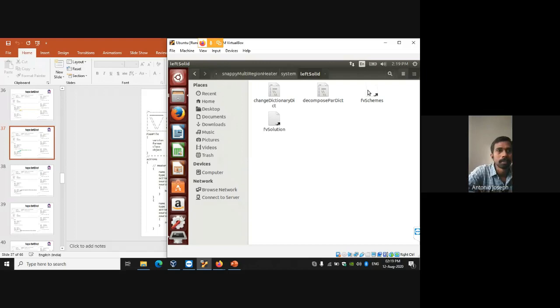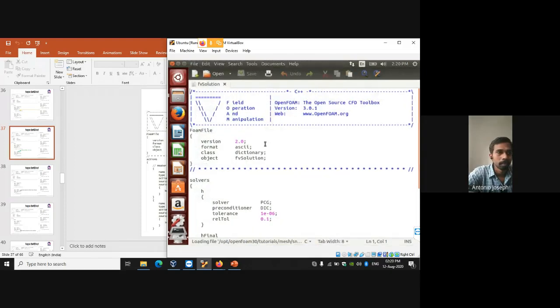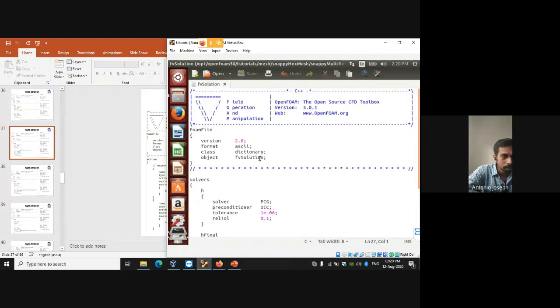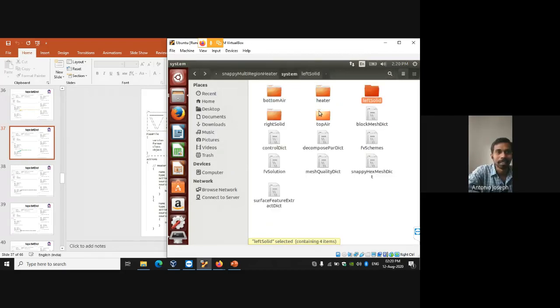In this one we can see the FP solutions. They are showing some shortcuts, or it might be a problem with the versions. So these are the shortcuts actually, but the path is not seen here.